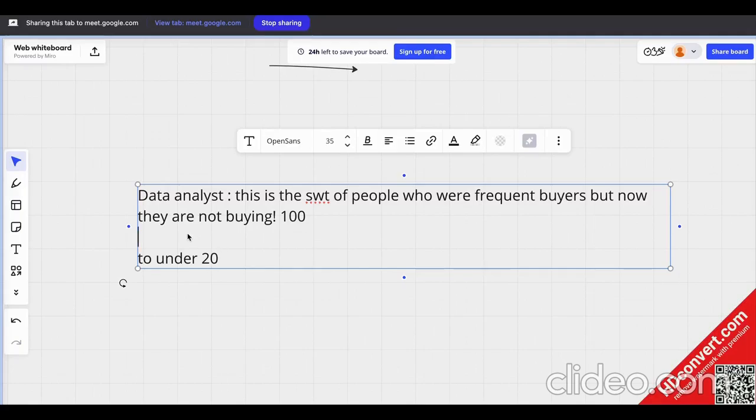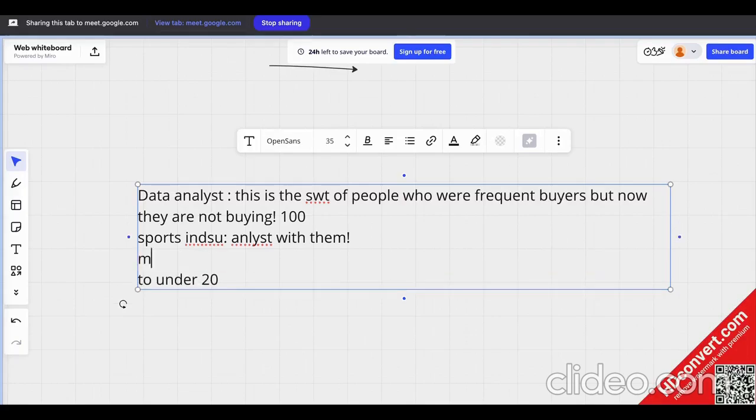Right? Now let's suppose you are working for any other industry. Let's say you talk about the sports industry, the best example. In the whole sports industry, all these big players you can see in every single sport, they have an analyst with them. What exactly this analyst does for them is, they analyze the daily routine of that particular player. Means what? Let's say on Monday,